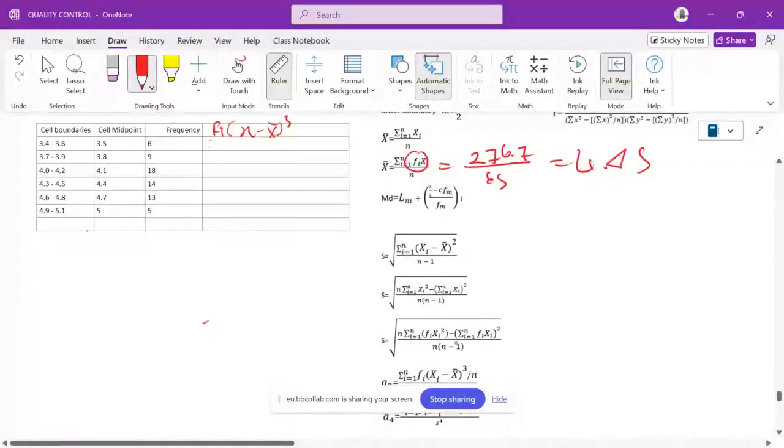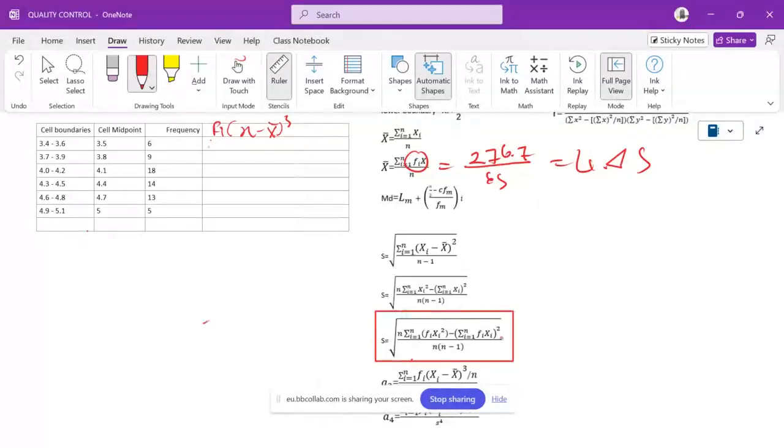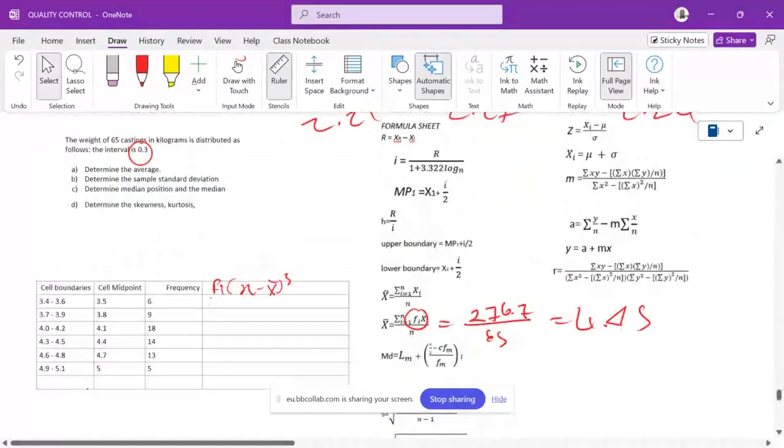The formula for standard deviation is this one with frequency. You are going to look for the values that we're looking for, and then punch them in, and you'll see that you will be able to get the right answer. But my main interest now is